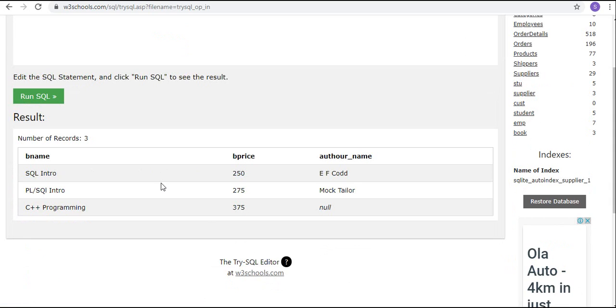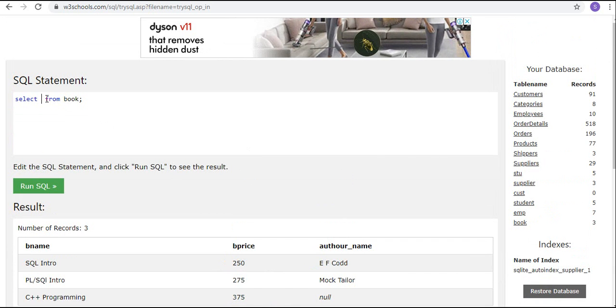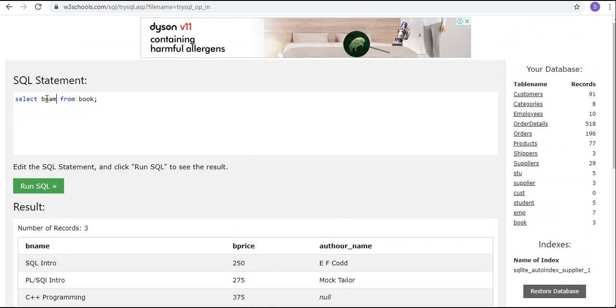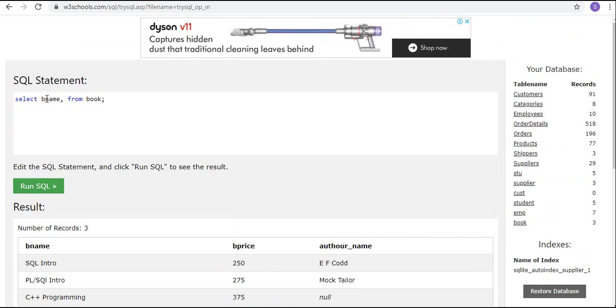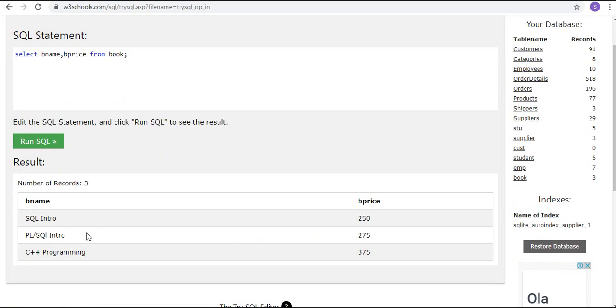Now if you don't want to print all the columns, and want to print only one or two columns, then we go with the column names: select b name, comma, b price from book. Whatever columns you have selected, you will get only those columns. Is that clear? Do you have any doubts in this?